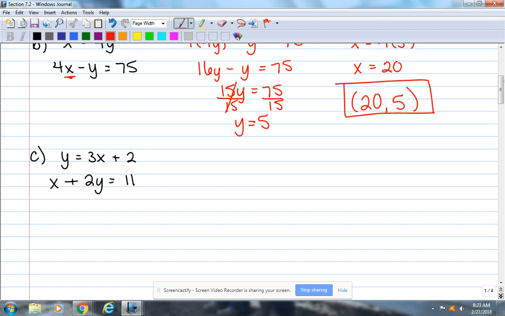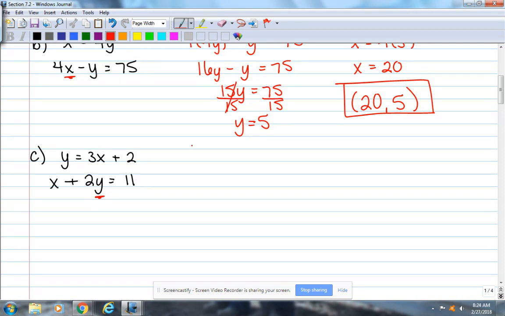To start with, you want to look for a variable that's by itself. It says x equals something or y equals something. So do we know what x or y equals? We know y equals 3x plus 2, whatever x is, right? So y equals 3x plus 2, so I can substitute that in where? For y. So y equals 3x plus 2, so I can substitute 3x plus 2 where I have my y in the